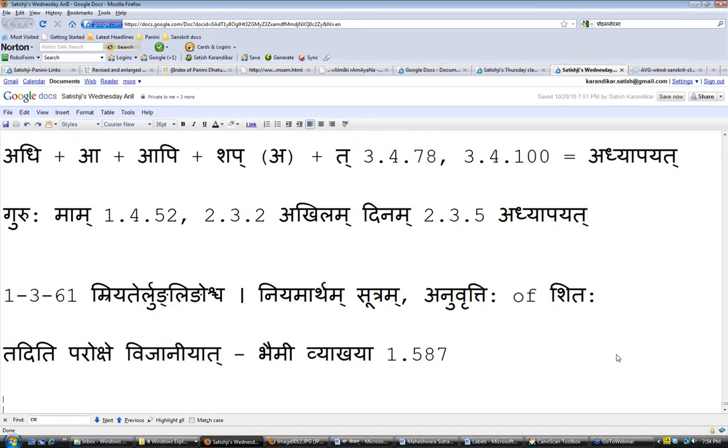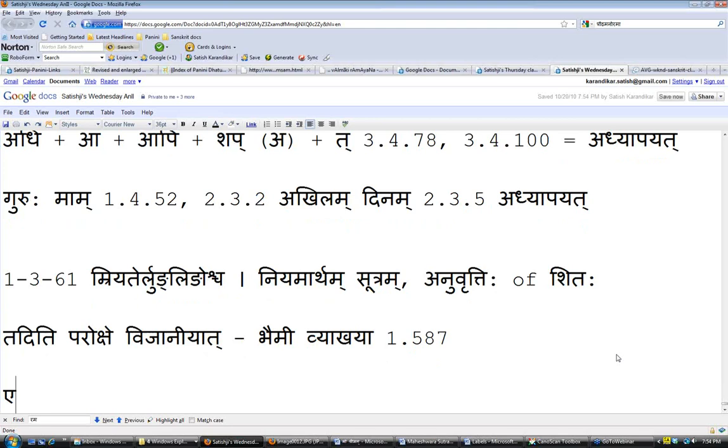If we have these four forms, first will be eshaha, or ayam, or asau, or saha. We'll keep it like that, depending on how close he is to you. Only the last one can be used only parokshe.